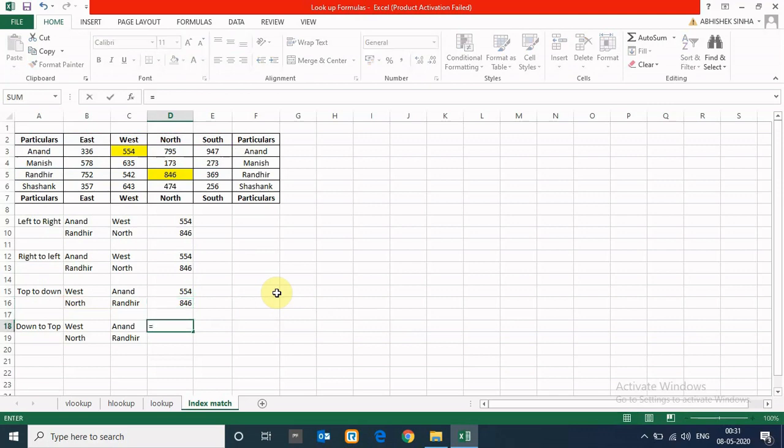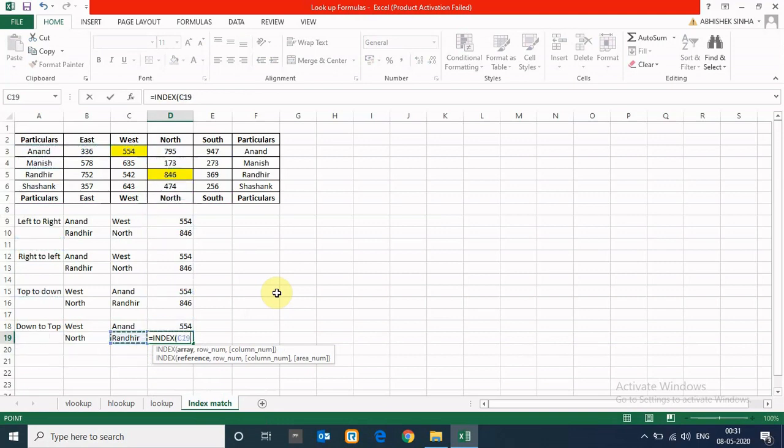And from down to top, INDEX, array Anand, row number is 0, comma, MATCH, comma, lookup value is best, so I'm using this here, comma, 0. And INDEX, the array is this.